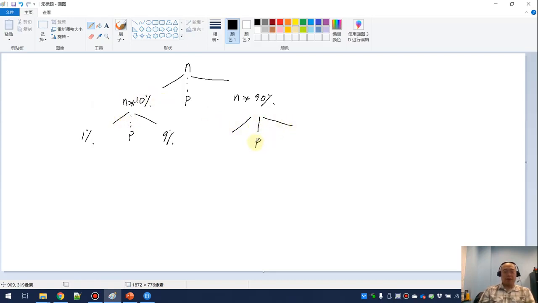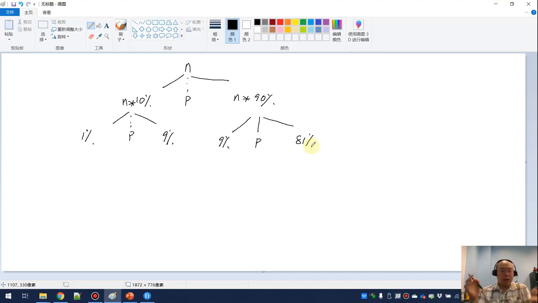We have the pivot, and then 10% of the 90%, which is 9% on one side, and then 90% of the 90% on the other side, so we have 81% of the n values. If we just continue doing so, always assuming there are 90% of the values on one side,